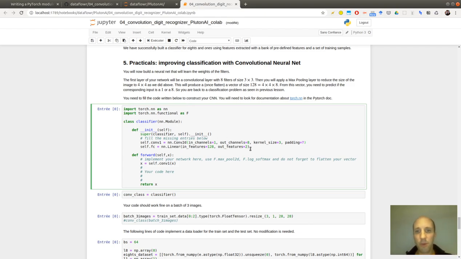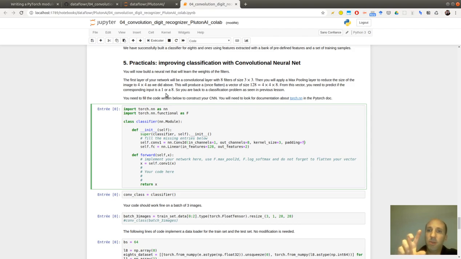Okay, so we will need to build our first convolutional neural network. Remember, we start with images of MNIST, so 28 by 28, white and black. We want to apply 8 filters, so this is the number of output channels here, of size 3 by 3, kernel size equal 3, to obtain an image of size 28 by 28 again, because after that what we want to do is a max pooling layer to get an image of 4 by 4, which means that we will take a max pooling with a kernel of size 7.